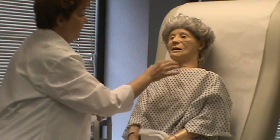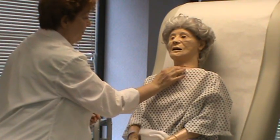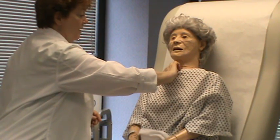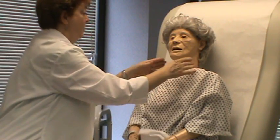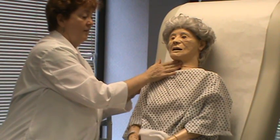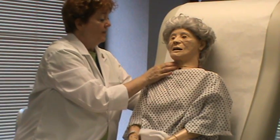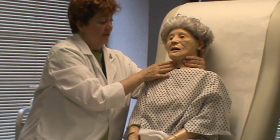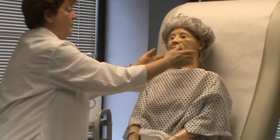So we've checked, and her neck, her trachea looks midline in there. I'm going to check her carotid, one side at a time. Good, strong carotid, even, and check her thyroid. I'll palpate gently and have her swallow and feel. I can also do it from the back and relax her muscles so that I can feel the lobes of the thyroid. And I can also check her